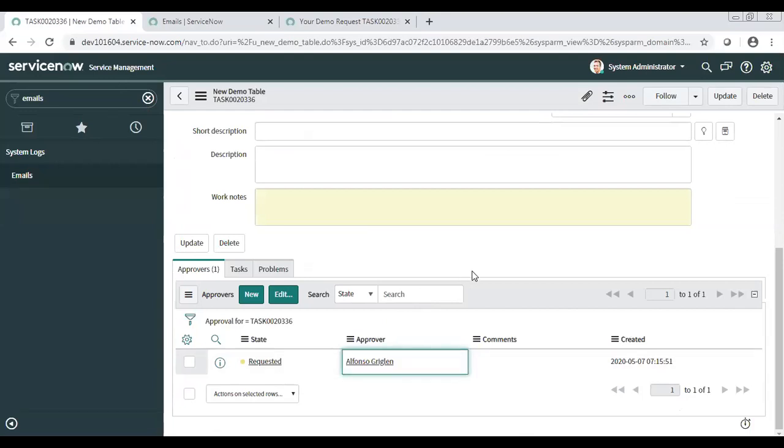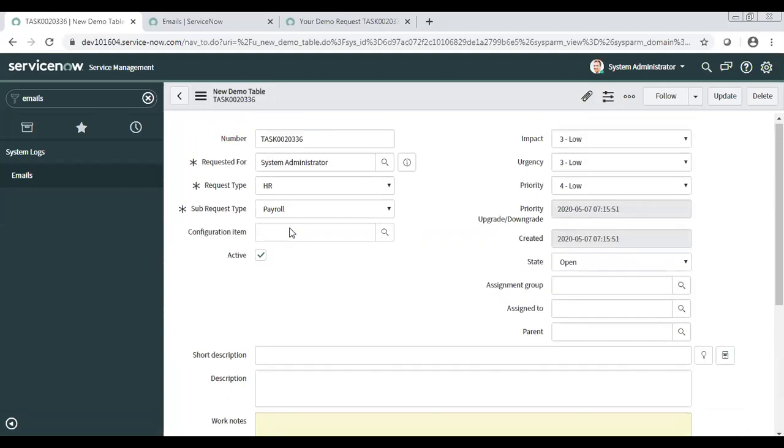Okay, what are the other use cases in this? Like when you need to send some information of a related record, or maybe you want this notification only. Let's say if the request type is HR, I just want a particular sentence to be sent in my email.